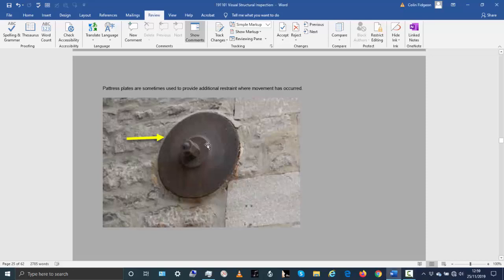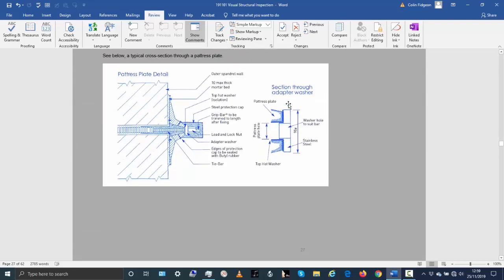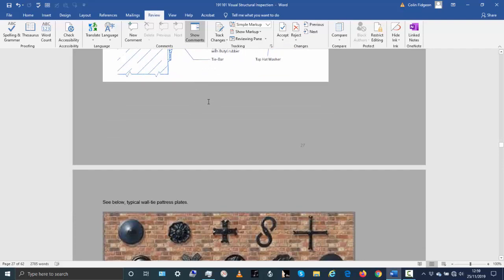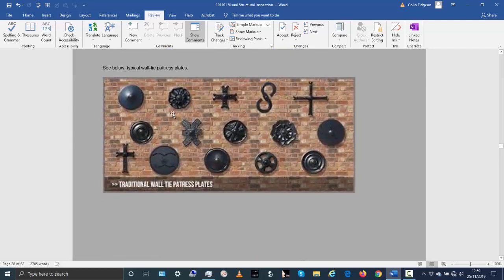And this is a patras plate which would go on the inside and the outside, and there may be a steel beam going through it. This is traditionally the way they've dealt with bulges in walls, with patras plates. This is just a typical detail of a patras plate going through a wall. Again, we're not going to do it in your case. I don't think it's necessary, but I just wanted to show you what is often done with bulges.